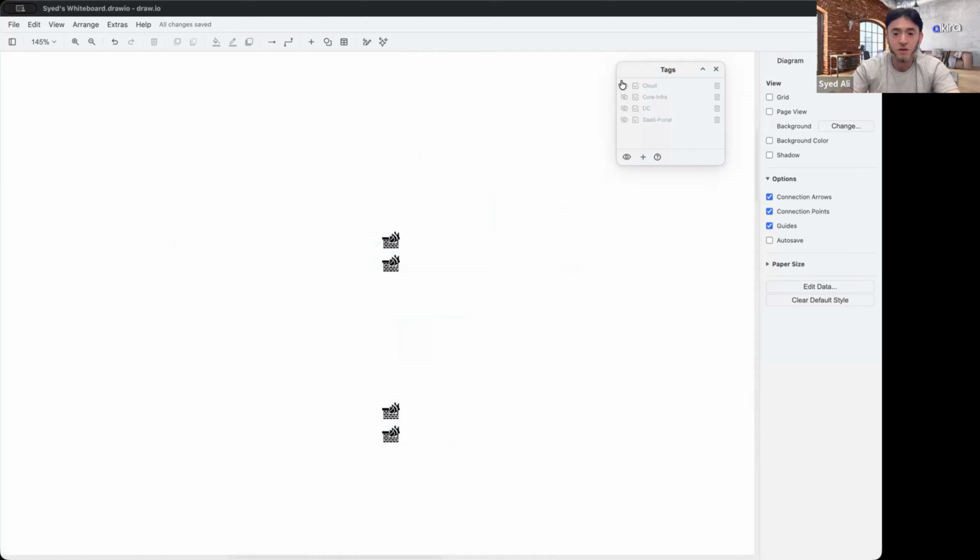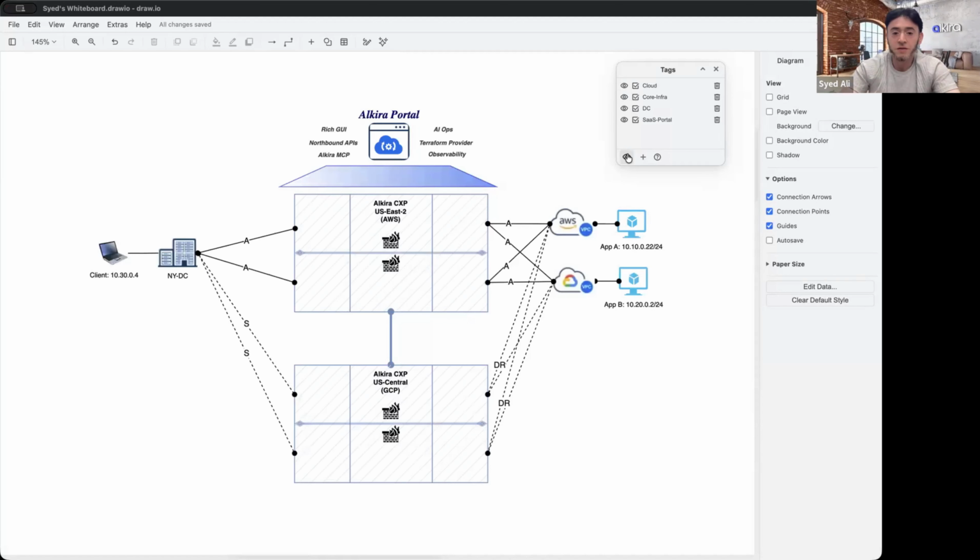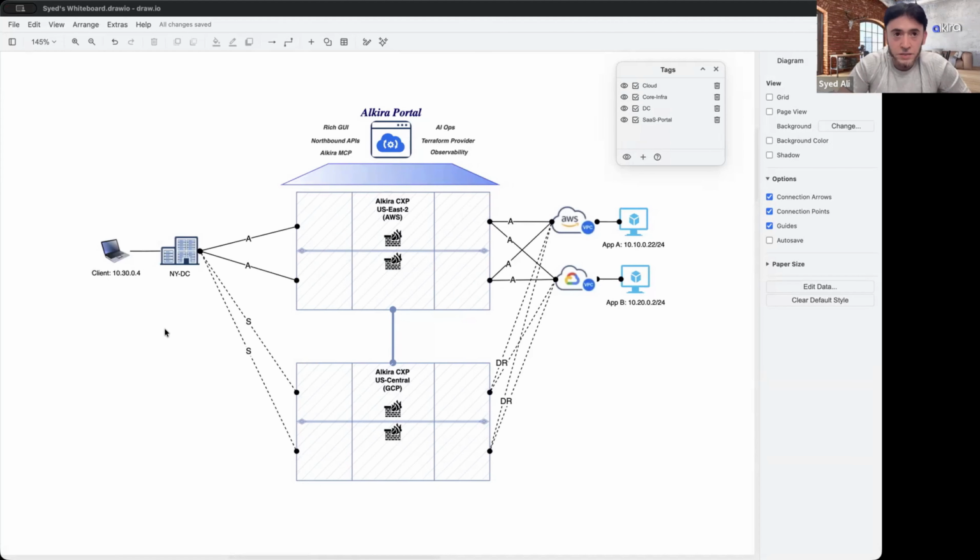Awesome. So specifically, let's take a look at what we're going to share. Alkira is a network as a service platform. We're doing to networking what cloud providers did to compute and storage.